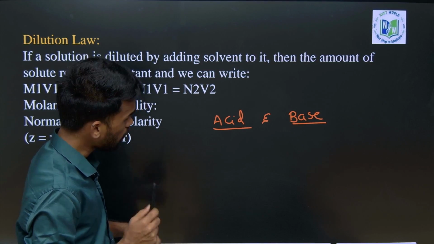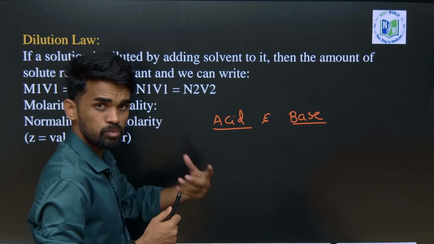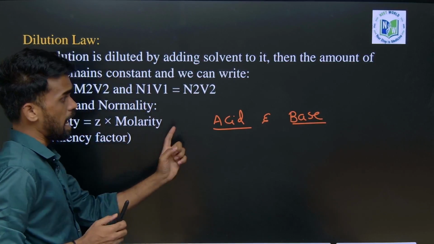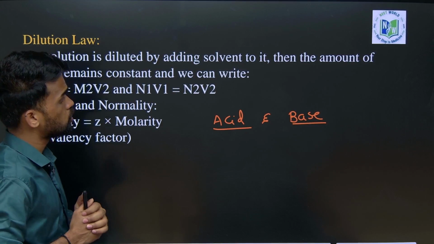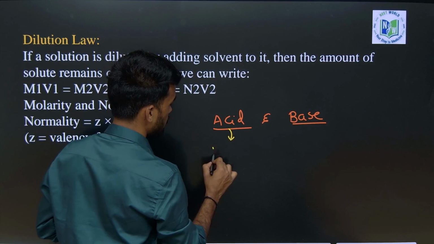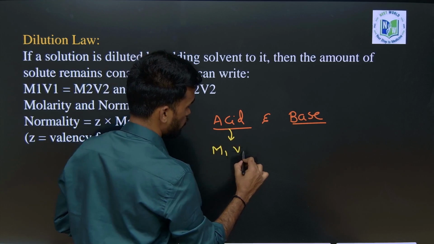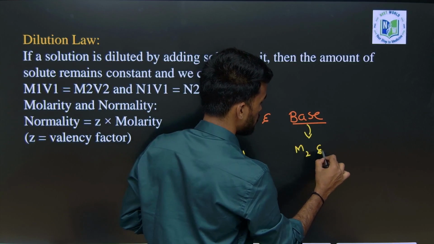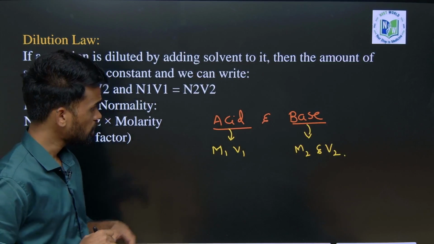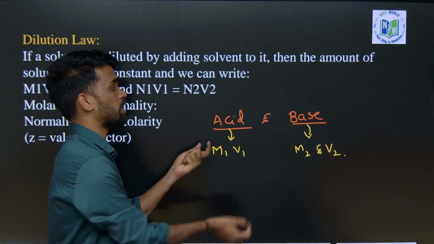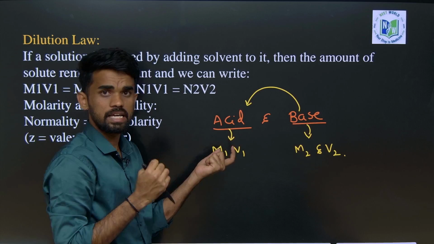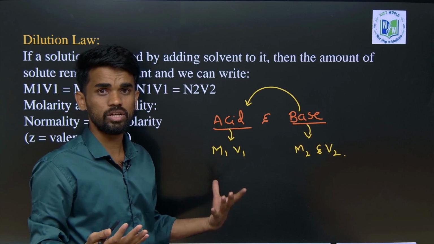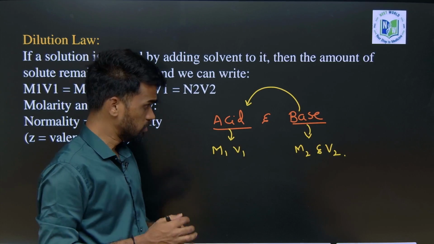So now I just want to give you this, and also one more case there. Let me check whether the question is there or not. Yeah, the question is there. So when acid base neutralization takes place, how can we do this? For example, acid having concentration M1 and volume V1, and base having concentration M2 and volume V2. Now this acid is neutralized by adding this base. This is how we can study neutralization reactions, or we have also seen acid base titration. There this concept is used. I will be adding a few more questions for this also.